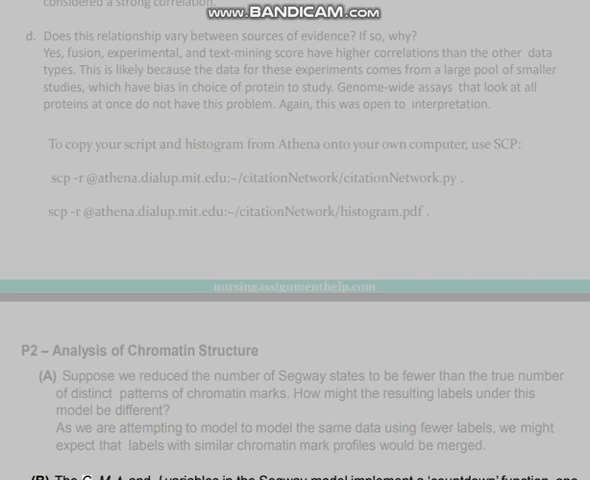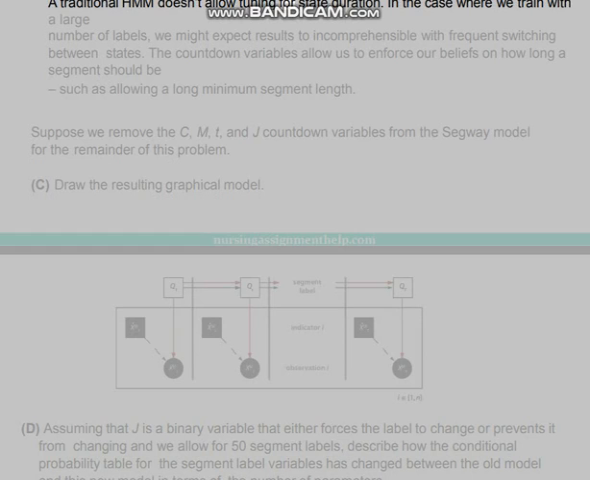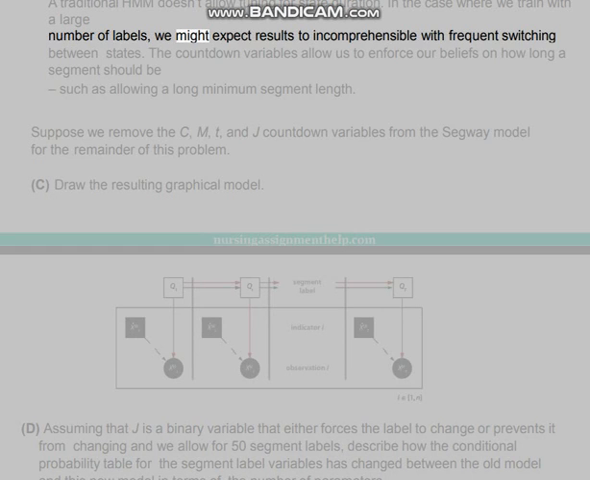B. The C, M, T, and J variables in the Segway model implement a countdown function, one of the core features of Segway. How might these countdown variables improve on a simple HMM model in modeling the underlying genomic states? A traditional HMM doesn't allow tuning for state duration. In the case where we train with a large number of labels, we might expect results to be incomprehensible with frequent switching between